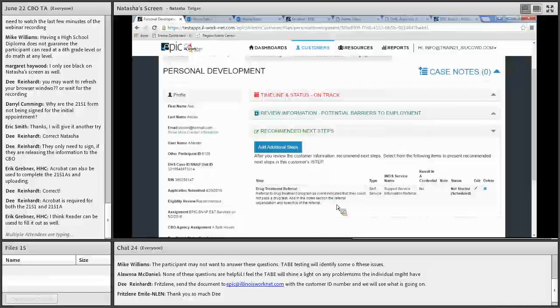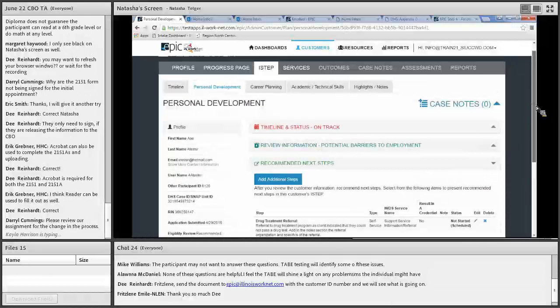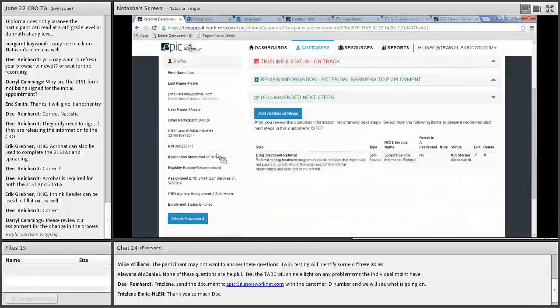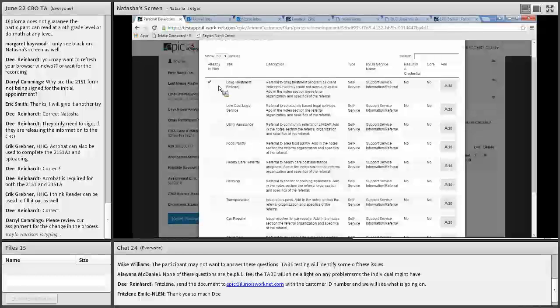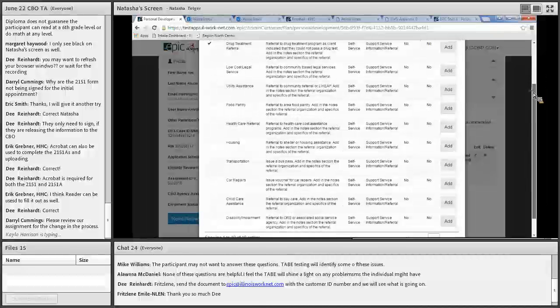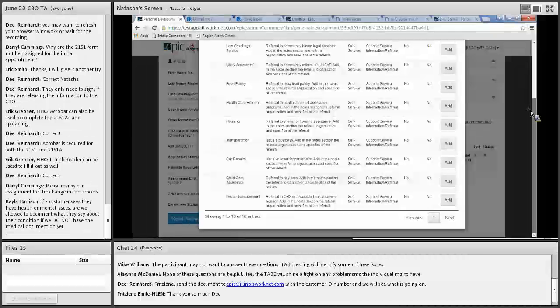Before, we had an area where you could add referrals, and what we did was we just added this as a next step area, just to be consistent with the other areas, the career planning and academic technical areas. And we went ahead and preloaded some. It says add steps, so you can see that in this particular example, I already have a step for drug treatment referral. We have low-cost legal services, utility assistance, food pantry, healthcare referral, housing, transportation, car repairs, child care assistance,